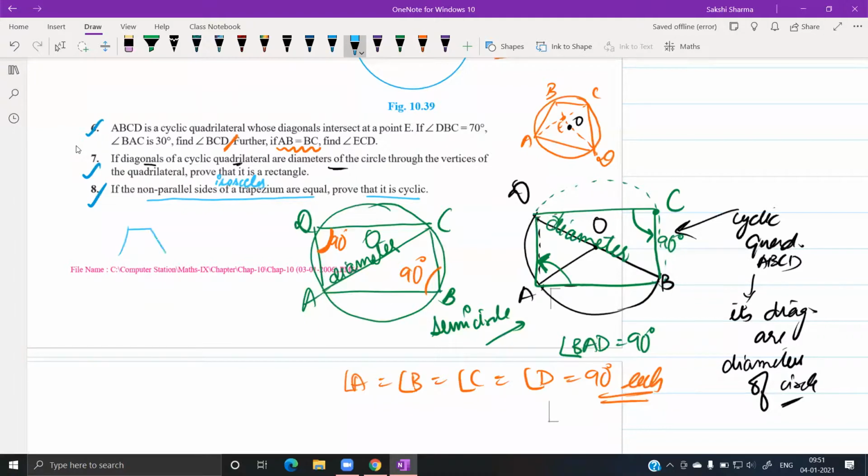So you have a trapezium, let's say it's ABCD, with a pair of parallel sides, let's say AB is parallel to DC, and the other pair of opposite sides is equal in length, AD is equal to BC. You have to prove that this trapezium is cyclic. So we want to prove that the sum of opposite angles is 180 degrees, or simply that the opposite angles are supplementary. For this, we shall be doing the same construction we did in chapter number 8, if you can recall. It was the last question of 8.1.